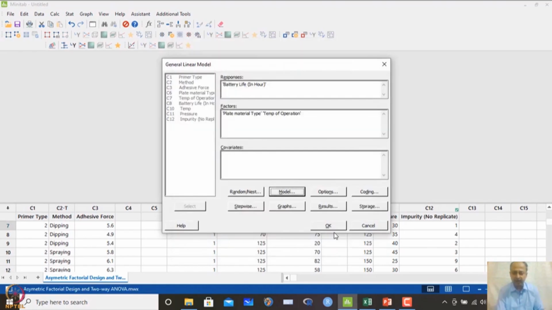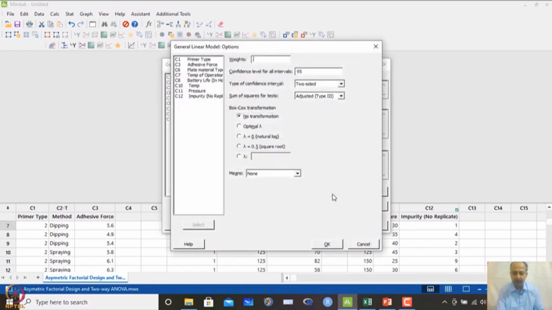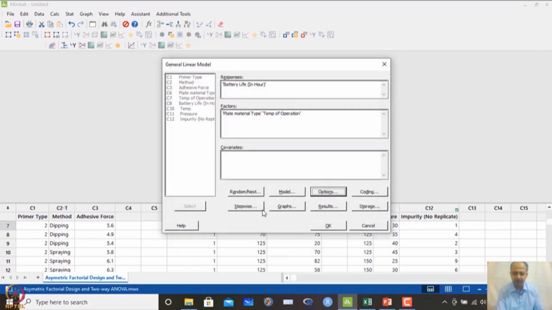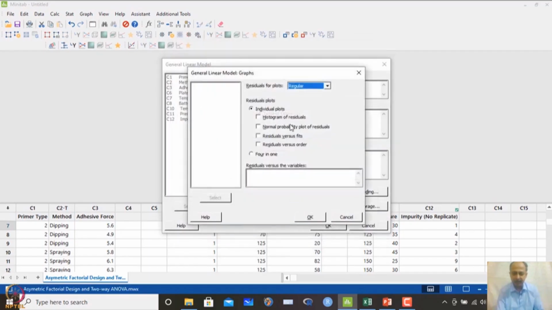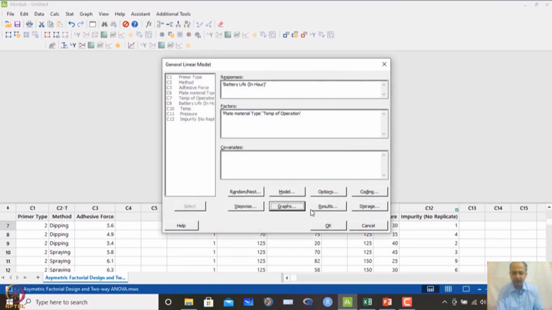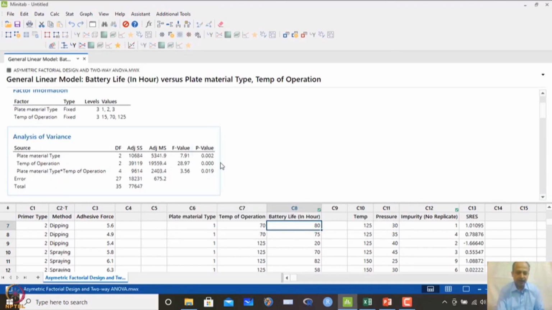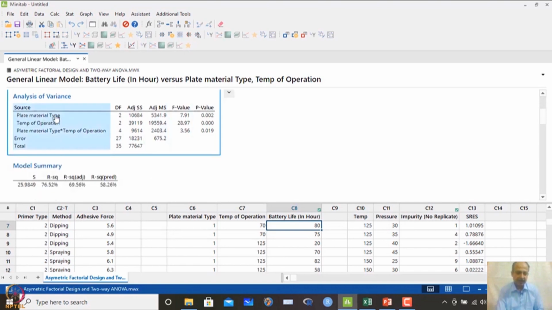And when I click OK and I click OK over here, in options we have not given anything, so that is not required. And in graphical representation, we can choose the normal standardized residual, and we can see the residual plots also, like what we do in regression. So, if I click OK over here, what you observe is